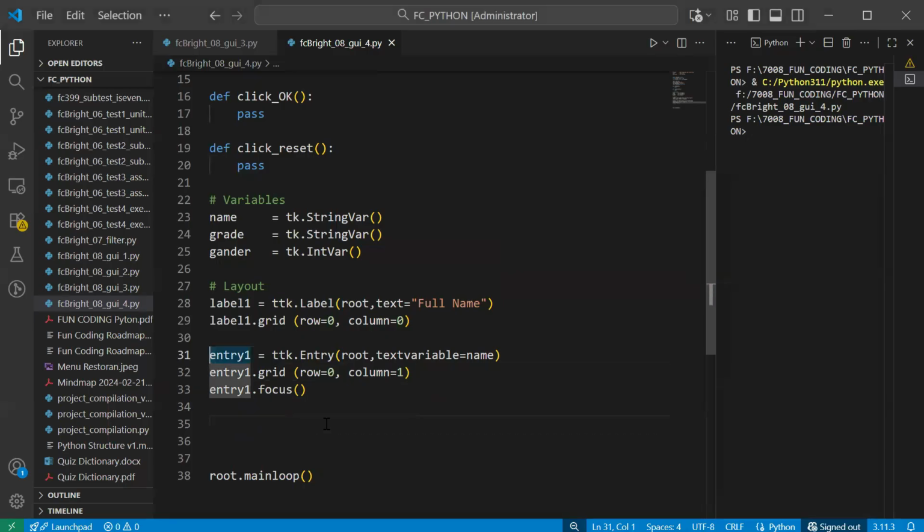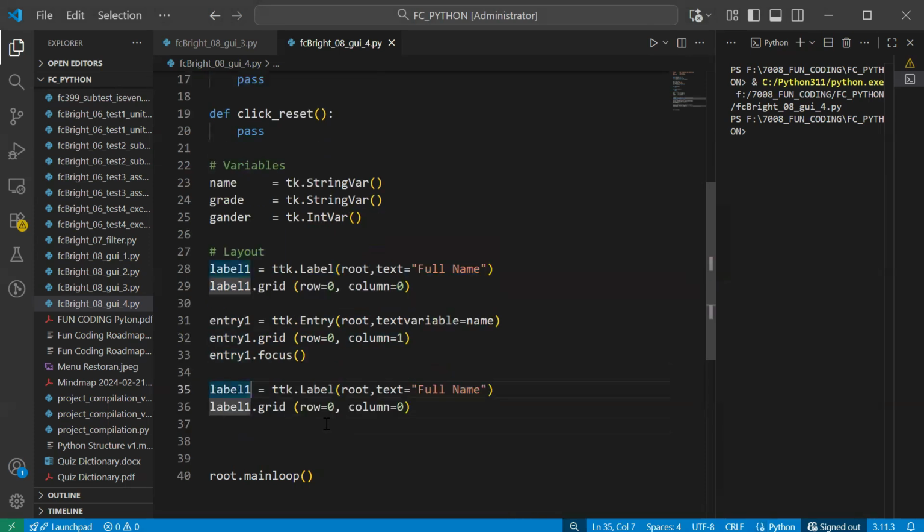Let's say we have the label 2. You copy this and put it down there, representing the label 2. Say the class, this will be the grade.